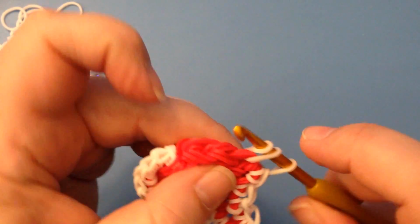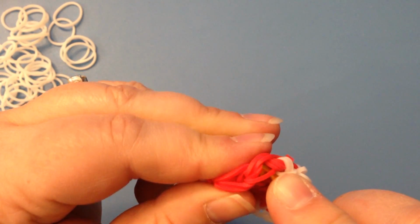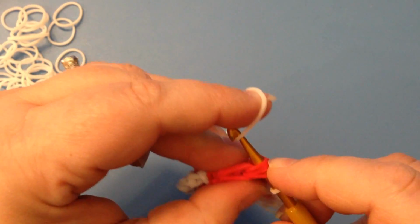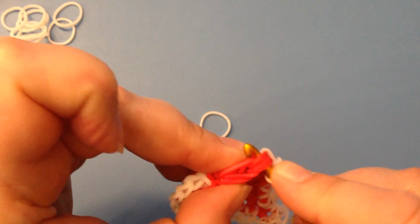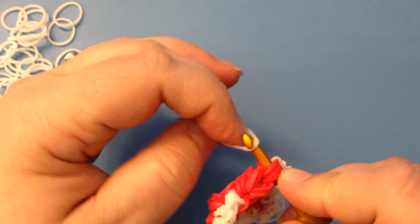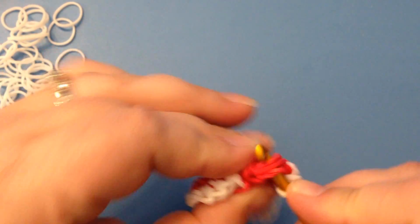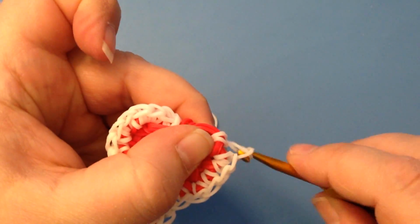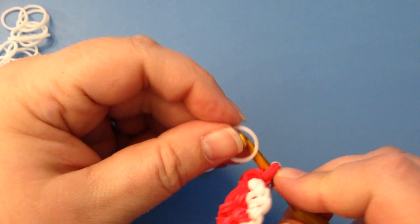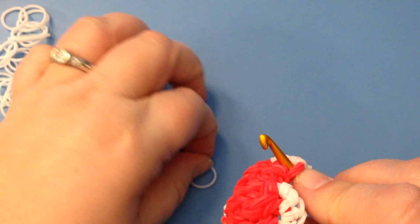Now the next one we're doing 2 in, so here it is, here's one side, let me get both little loops, it's got 4 little loops on there, so we're going to do 2 of them in this one. So there's my first stitch, let's go back in and do another one right next to it. And in this big top one we're going to do 3. So here's my first one, here's my second one, and here